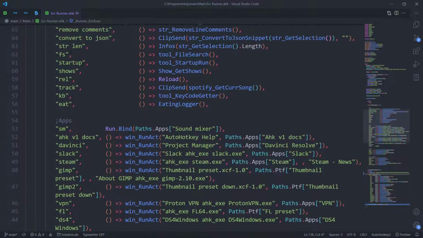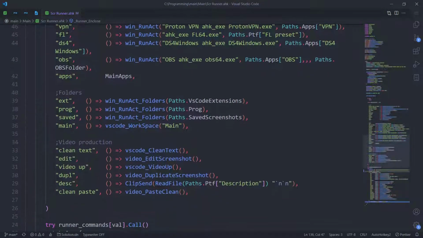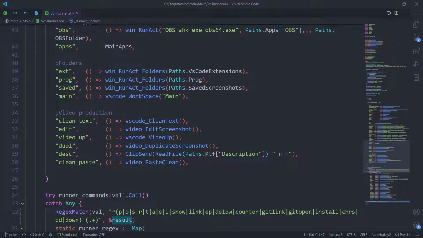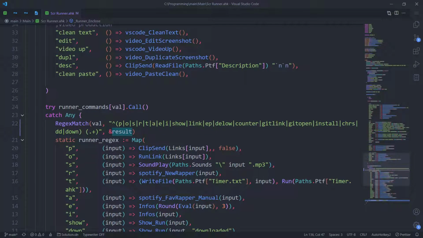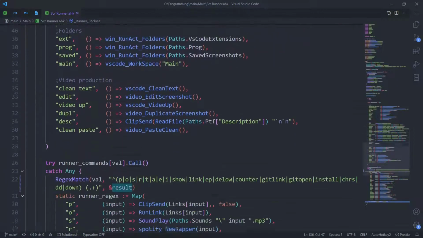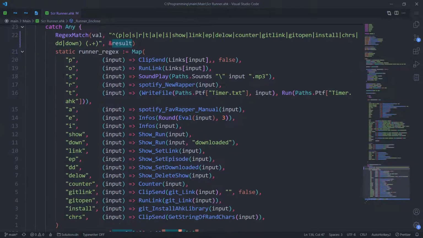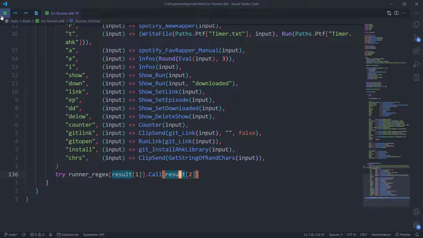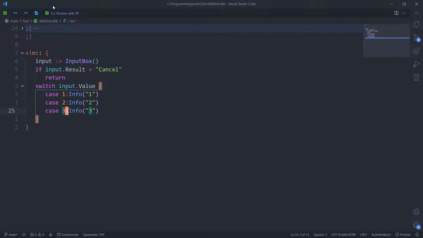Because it has to go through all of these until it reaches, let's say, this. And it's even worse when I'm using regex, because it first needs to go through all of these and then also these. It's terrible. And that's why I use a static map,